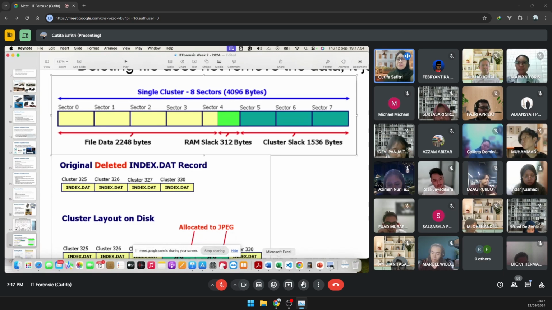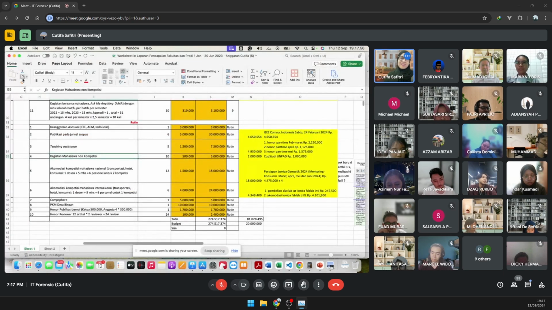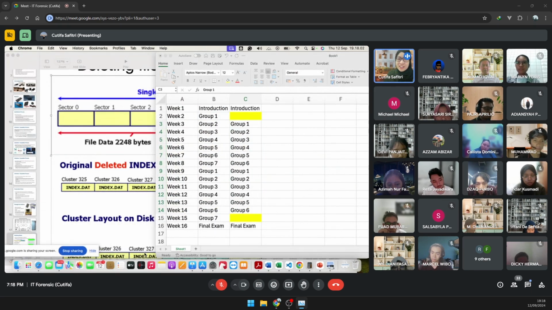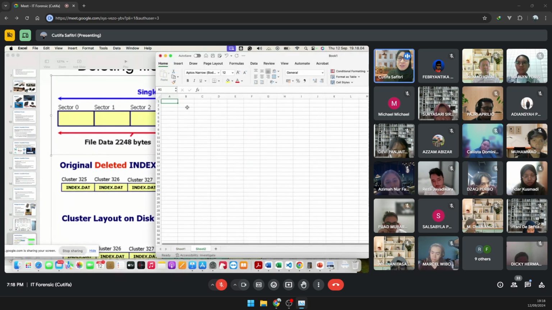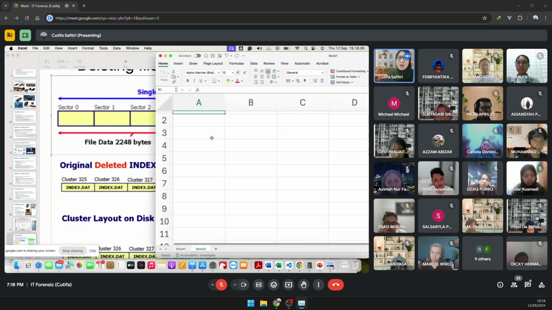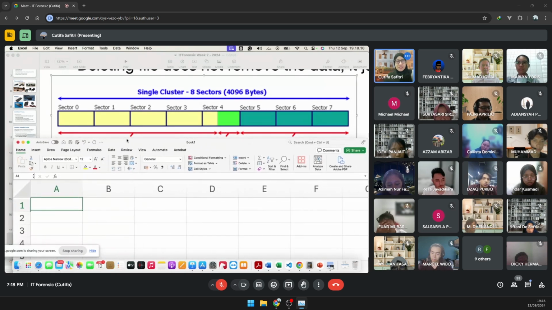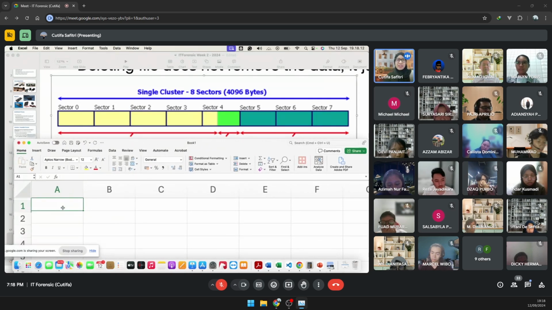Okay, let's use this one. So, for example, I have a single cluster containing 8 sectors.